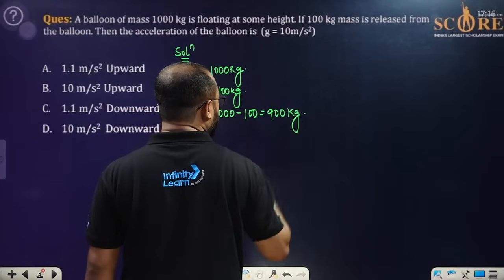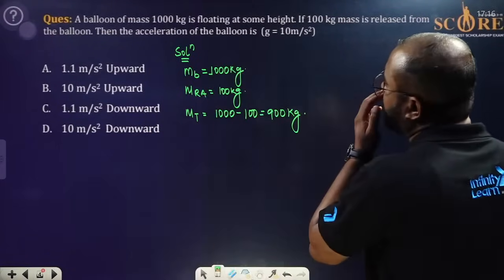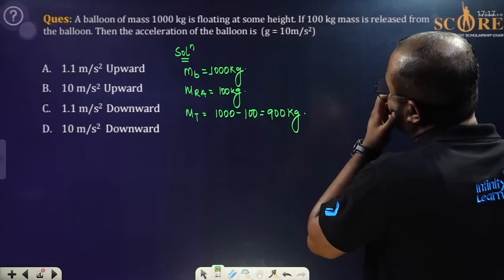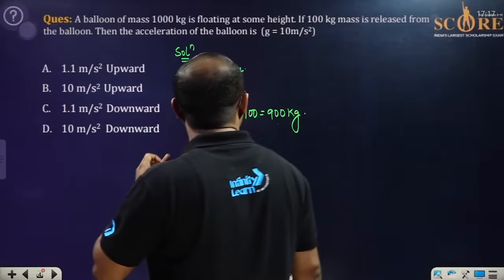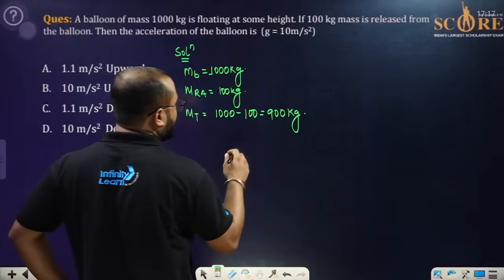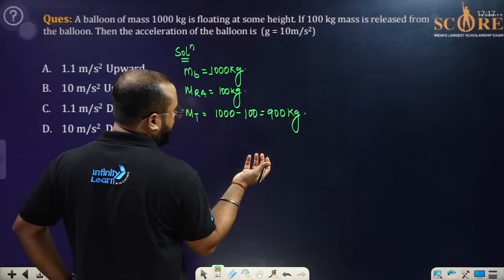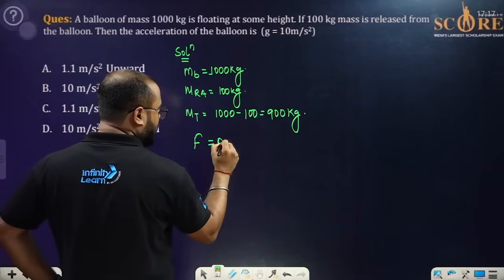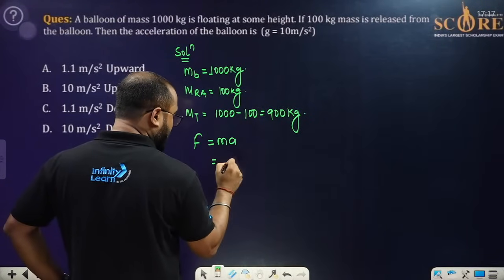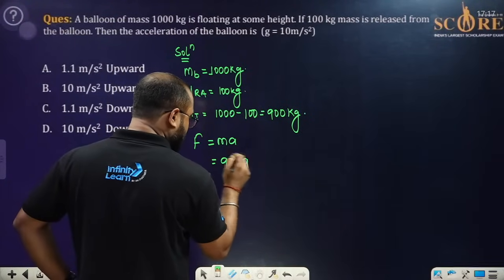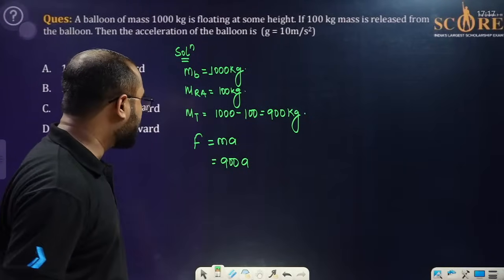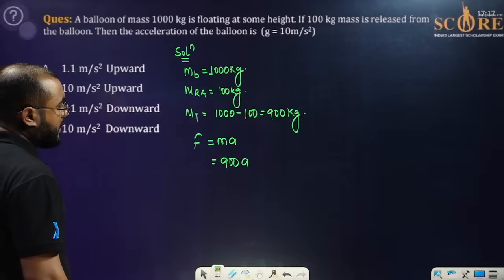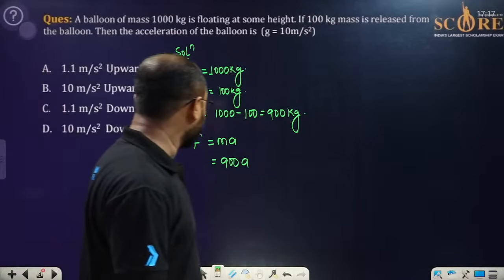Now if it is so, what do we have to find? We have to find out the acceleration, right? So the mass is given, and we have to find the acceleration. We need the force, because we know F equals ma. Here we have to put 900 times the acceleration, but we have to put something over here, that is F. If we put something for F, again the value of a is coming out to be 10.